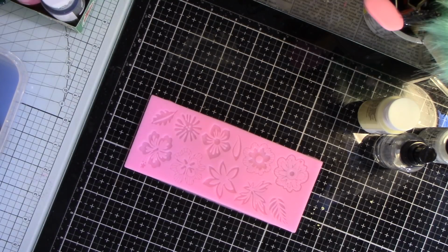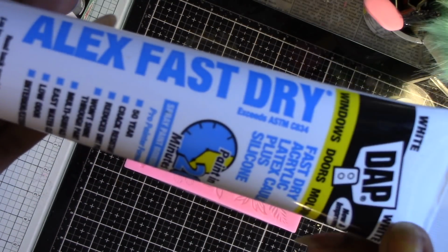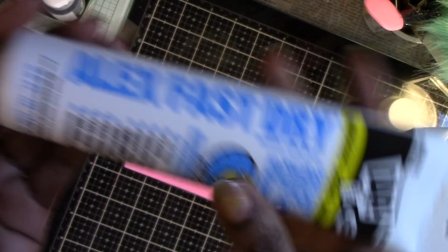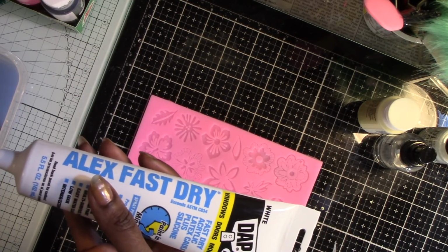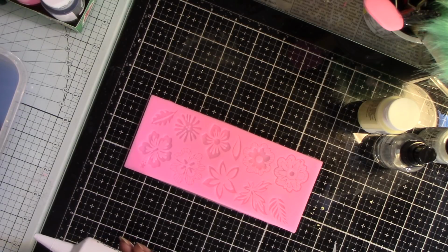I've never used this mold before, so I am actually going to show you what I'm going to use to make this stuff. And then hopefully I'm using this, the Alex Fast Dry Acrylic Latex Chalk plus Silicone. That's what I'm using to do this mold. And I am going to apply this to this mold, see how it turns out, and then